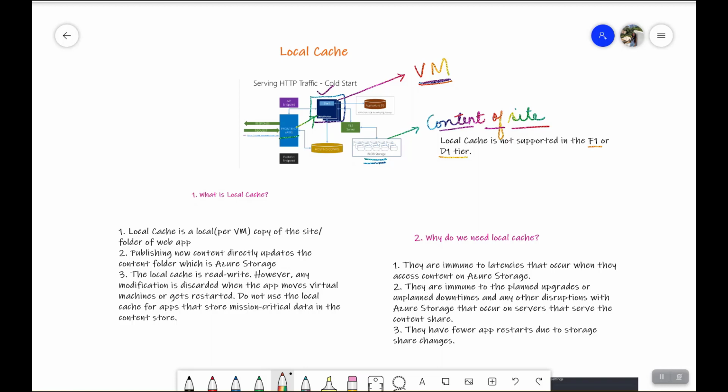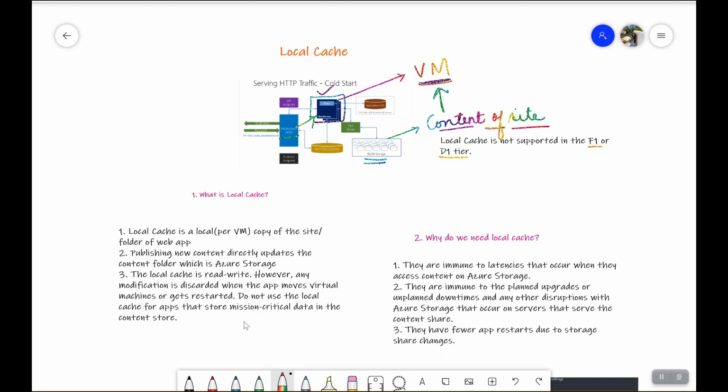Local cache is a copy of the content of the site on your VM. So what will happen is, if you enable local cache, the entire content of the site from the blob storage will be copied to the VM.